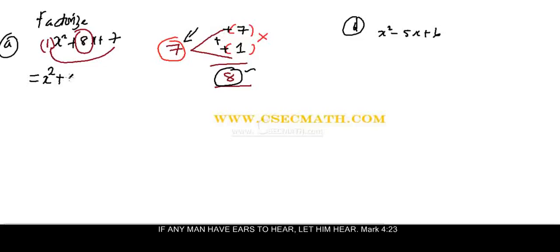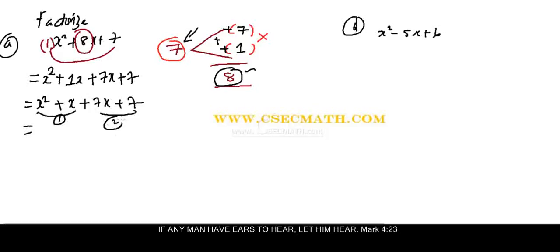So while we are writing, we write it like this: 1x positive followed by 7x followed by 7. Obviously this would be x squared positive. We don't explicitly write 1x, we just write it as x followed by 7x and 7. Now clearly this is my group 1, this is my group 2. From group 1 I can take an x out as a factor, that would leave me with x positive 1. From group 2 I can take the number 7 out, and that will leave me with x positive 1 as